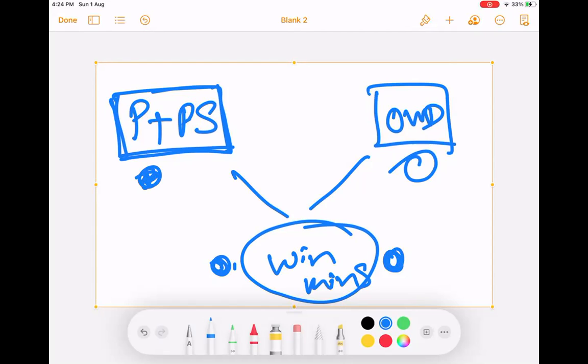That's the easy thing to remember. You don't have to remember this whole table. If it is restricted at either the profile end, the permission set end, or the OWD end, that restriction will always win. That means the restriction will be there. Okay.